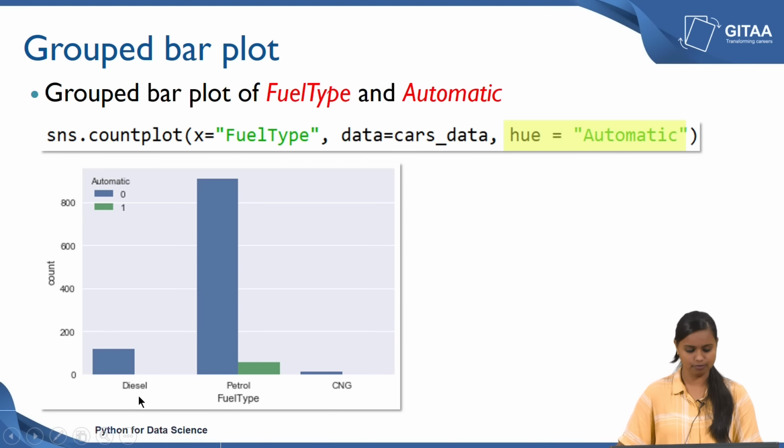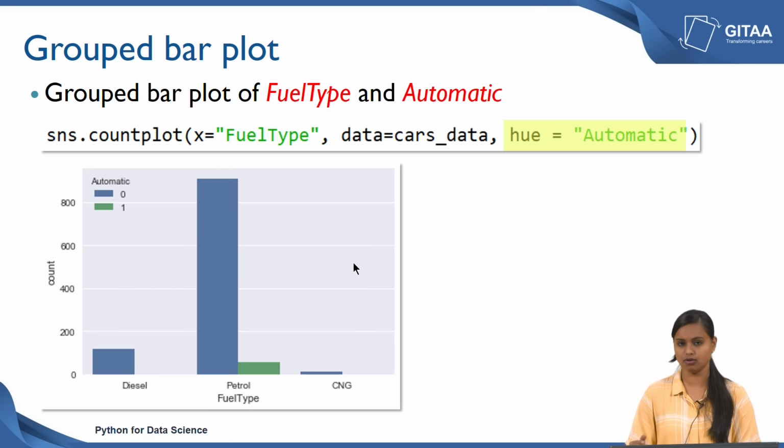So, here is the output. On the x axis you have the fuel type, you have different fuel types like diesel, petrol and CNG, and on the y axis you have the count. If you see the legend here, it has two values, zeros and ones, and the zeros are the representative of manual gearbox and the ones are the representative of automatic gearbox. So, if you see here, there are automatic gearbox cars only with fuel type petrol, and there are no cars available with automatic gearbox when the fuel types